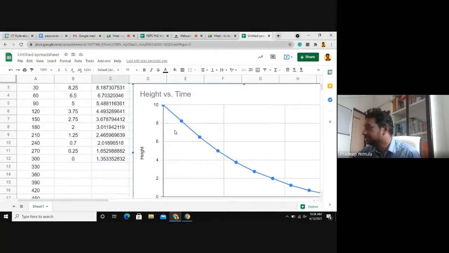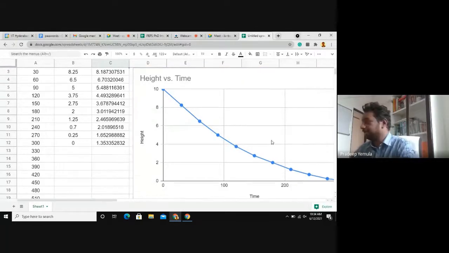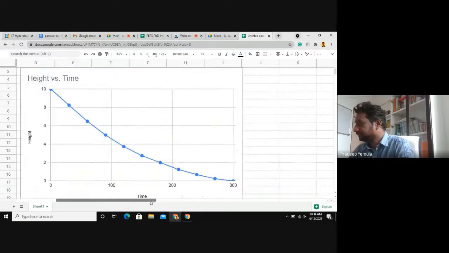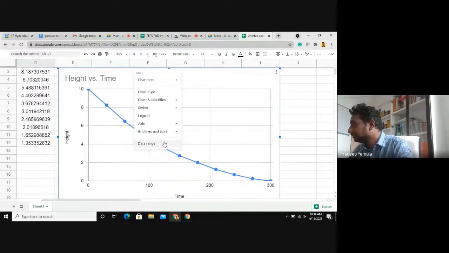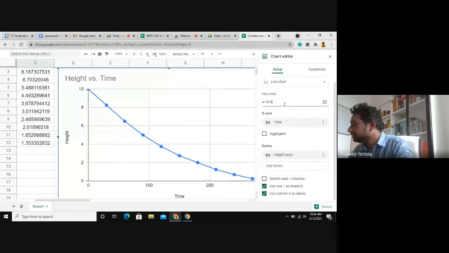So I go to this, and then I'll change the plot parameters. Data range. I will add C column also.